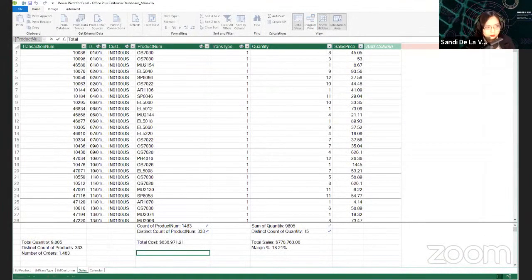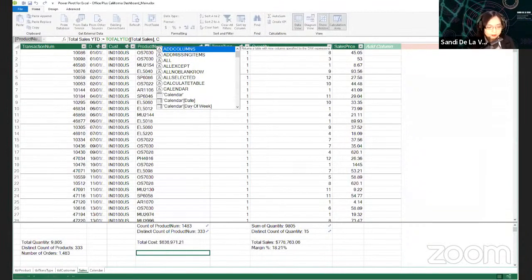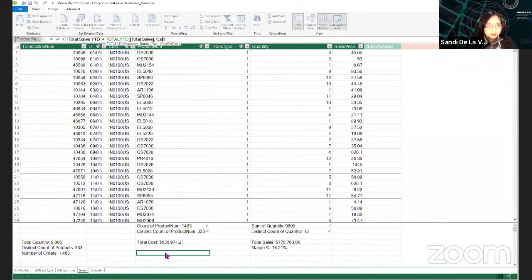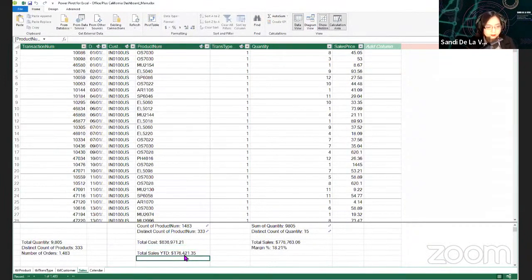Let's create the total sales YTD colon equals total YTD. What is the expression that we will need? Remember the total sales, that's the DAX expression that we'll reuse. Then for this one, just refer for the dates to the calendar date table and use the date column. So let's change the format to the dollar sign, save it first, then go back to the Excel pivot window.